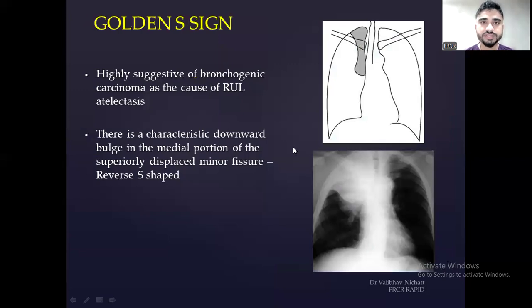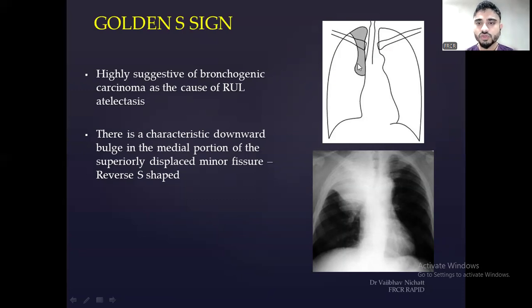So coming to the golden S sign, this is high yield as far as FRCR shorts and also for the FRCR viva. You should be able to identify how the golden S sign will appear on the chest radiograph. This is the schematic representation of the golden S sign. The golden S sign is basically a reverse S, and there is inferior downward convexity at the region of the hilum. This sign is seen only in lung malignancy,